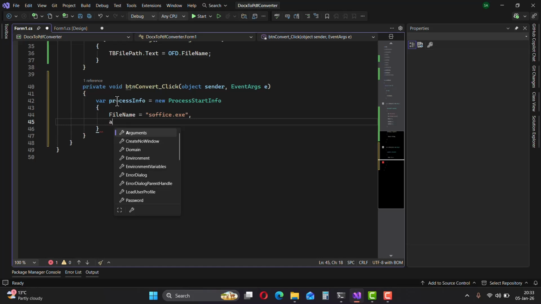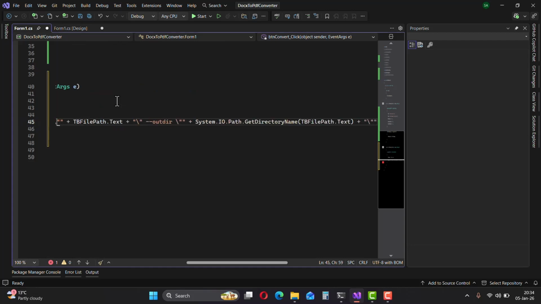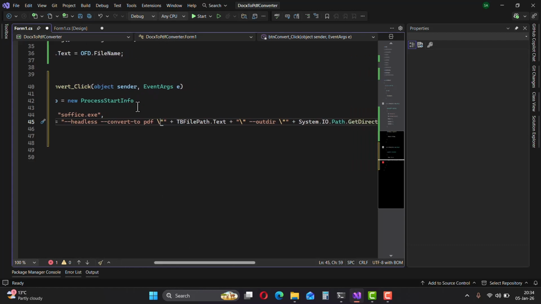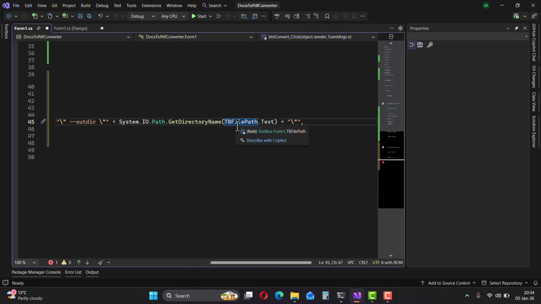Then we specify the arguments, and the arguments are headless, then convert to, then PDF, then our source file, and then the output directory, and then the System IO Path GetDirectoryName, TB